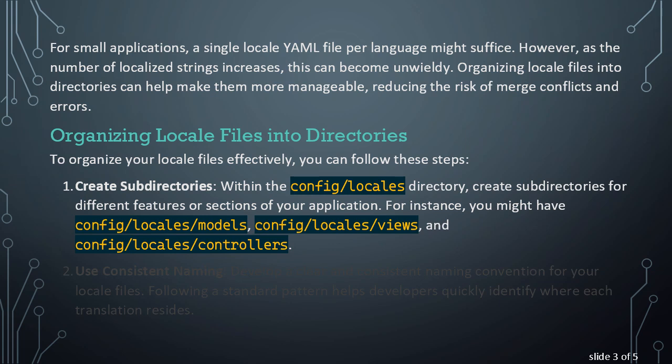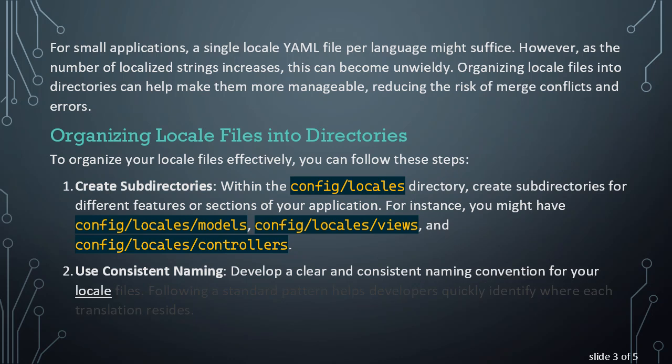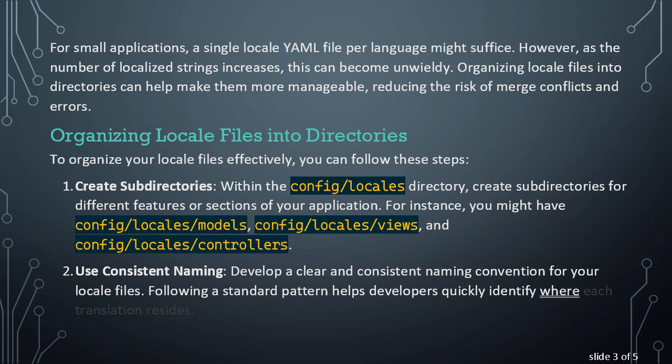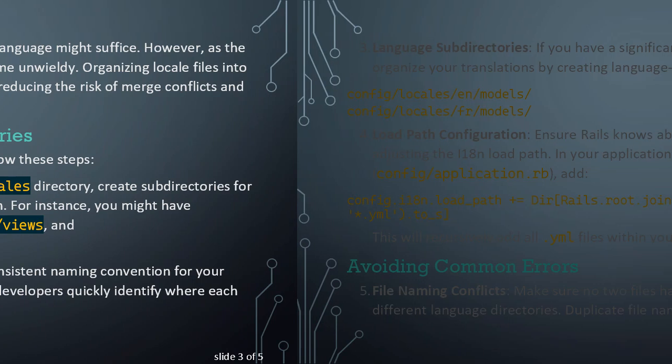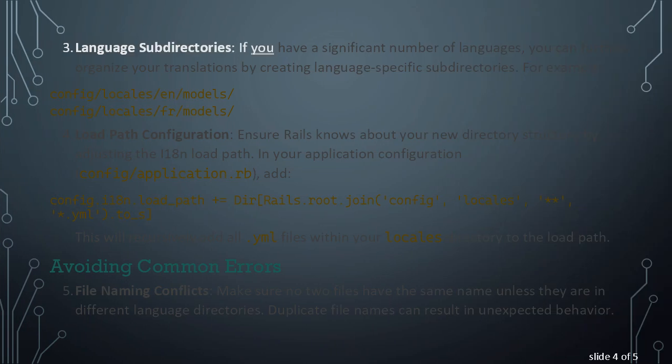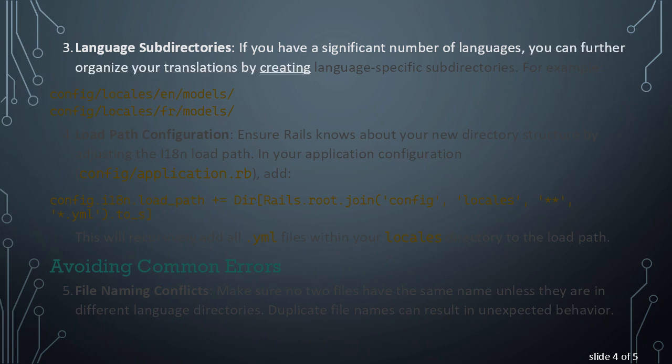config/locales/controllers. Use consistent naming. Develop a clear and consistent naming convention for your locale files. Following a standard pattern helps developers quickly identify where each translation resides. Language subdirectories. If you have a significant number of languages, you can further organize your translations by creating language-specific subdirectories. For example,